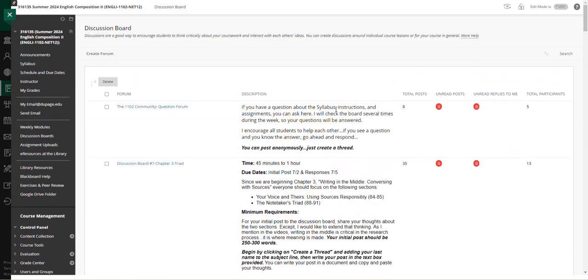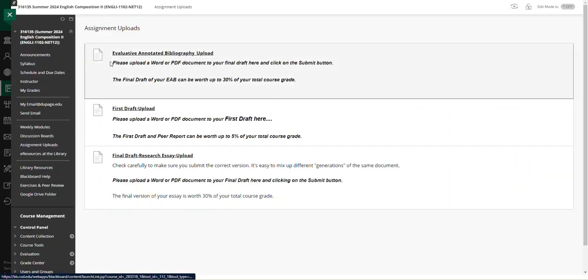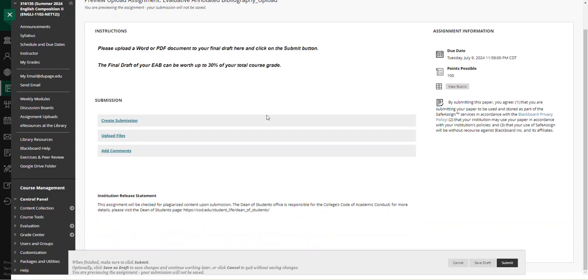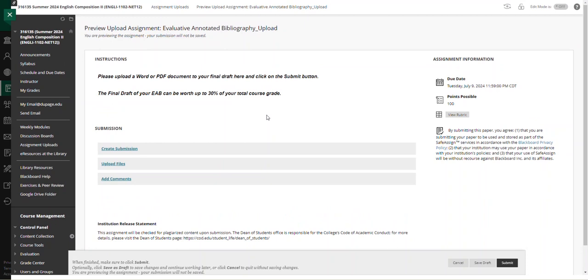So if you complete the annotated bibliography, upload that. Let me get to assignment uploads. Here you see annotated bibliography. I want an upload of a Word document or PDF. So if you're working in Google Docs or whatever format you are working in, you just upload the document to the assignment here. So be sure you attach and upload a document, all right, because I do not want any Google Doc links submitted for this particular assignment. Right? This is for the annotated bibliography.